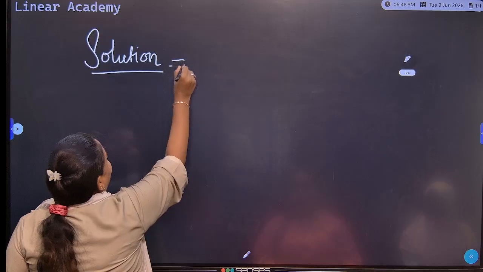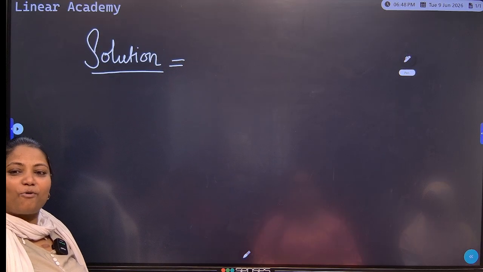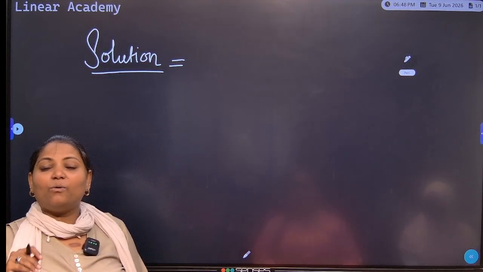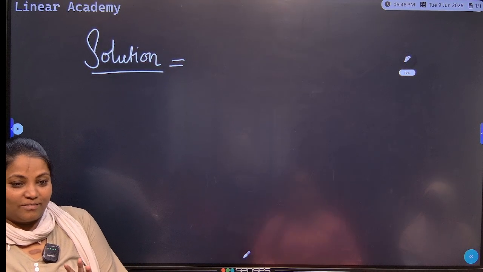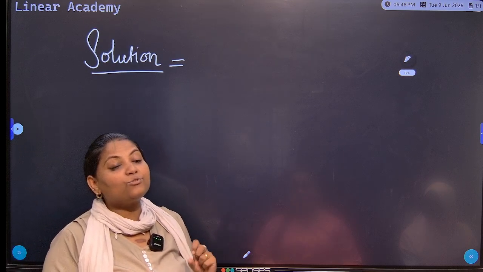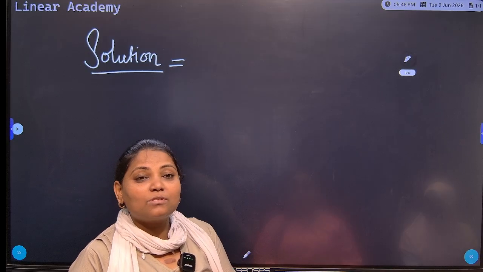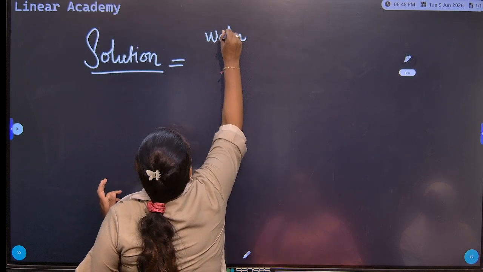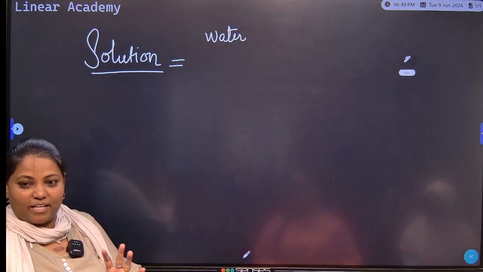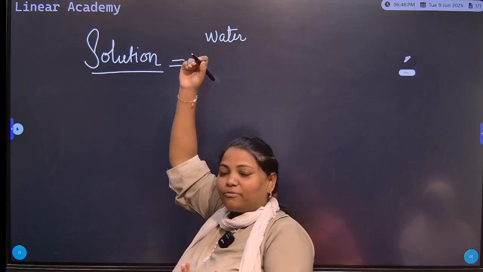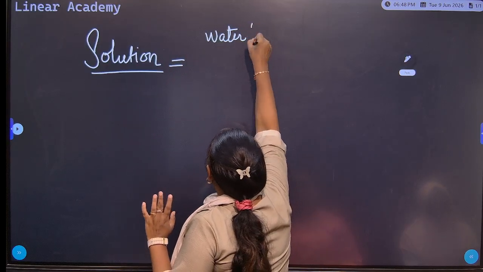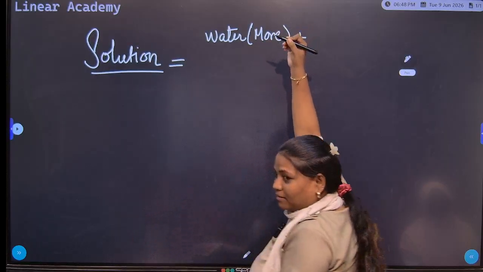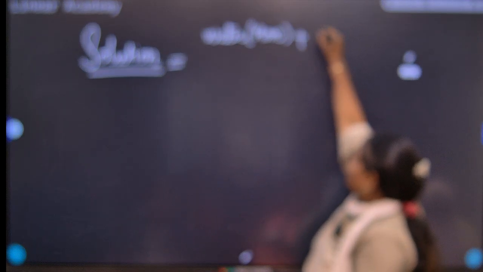Okay. Now why did I say lemon juice? Because a solution can be formed when you are adding something in something. Now in one glass of water, what is the content that I've used more to make the lemon juice? Water I have used more, right? Let's say in terms of quantity, the water quantity will be more. And then I'm adding to it, what am I adding? Lemon juice,